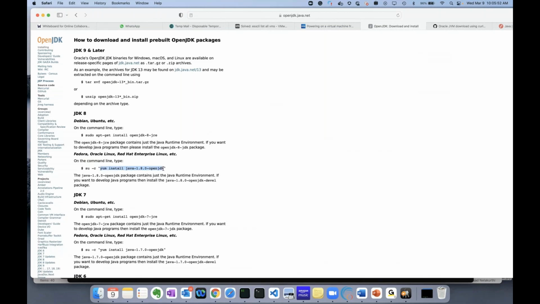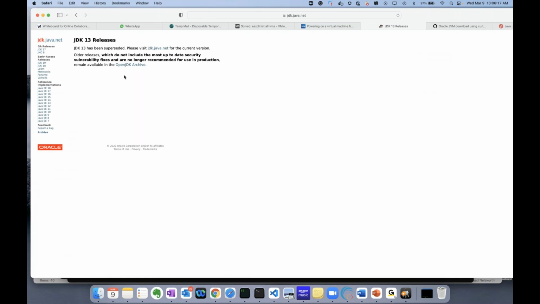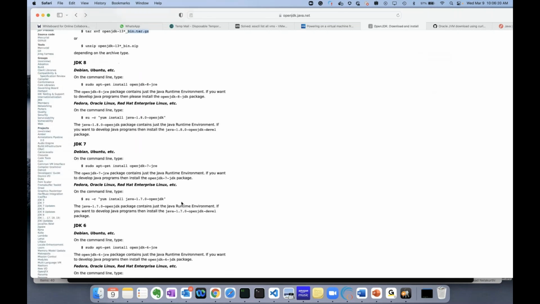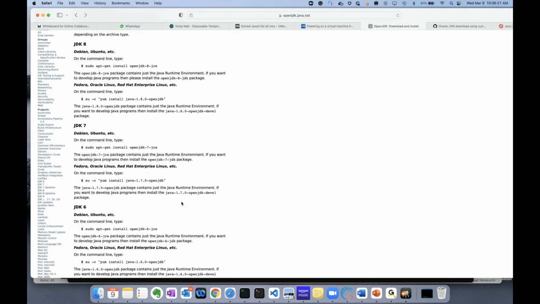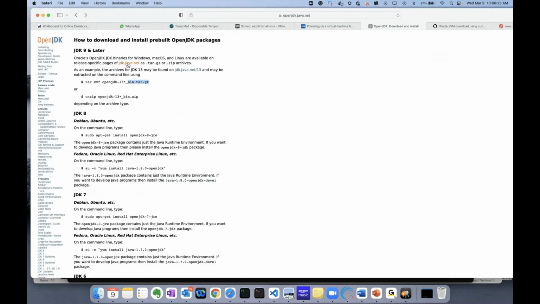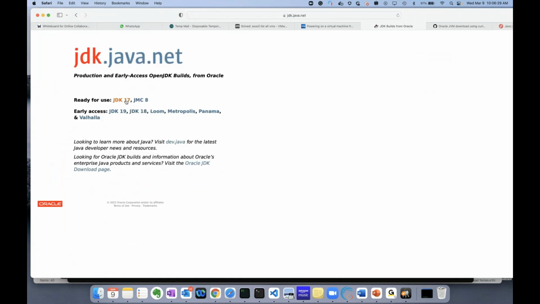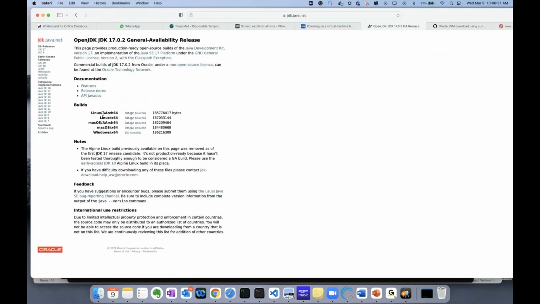So rather, I want a package in the form of binaries, a tar.gz file, so that I can extract it and install it in my local user workspace instead of installing at a system level. And I don't want to install that. So these are builds available in the format of zip for Windows,